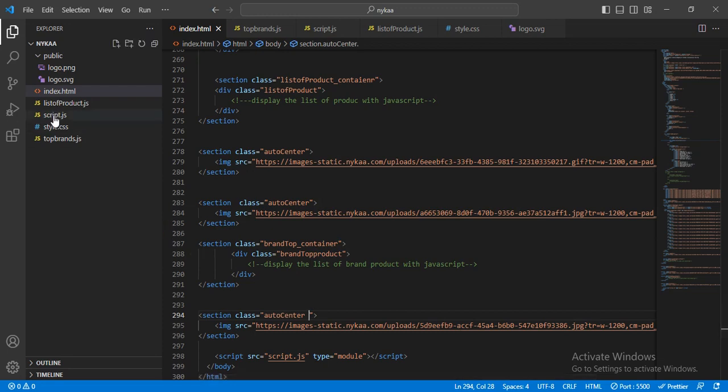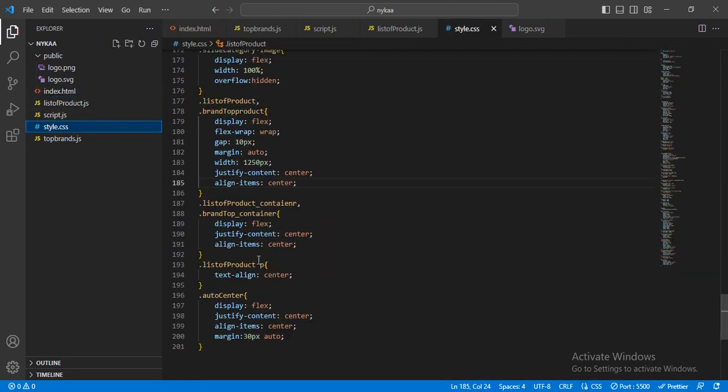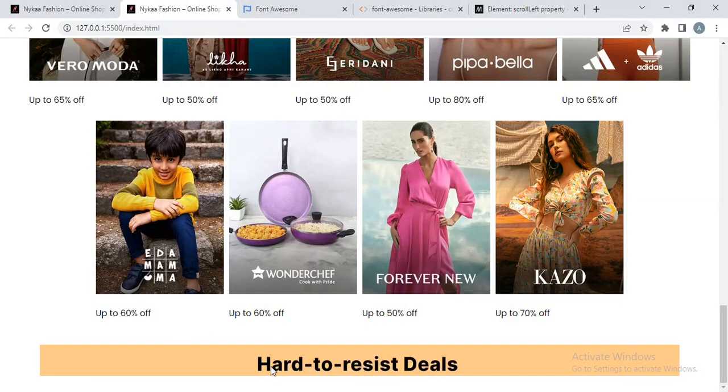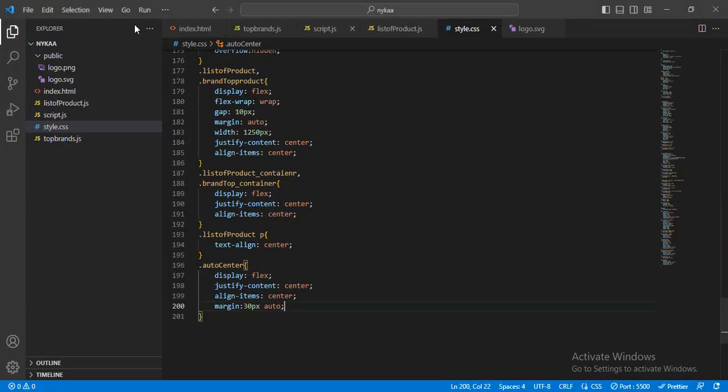Let me check. For the auto center class name I gave display flex, justify content center, align items center. This is hard to register deal. Okay, like that I will create